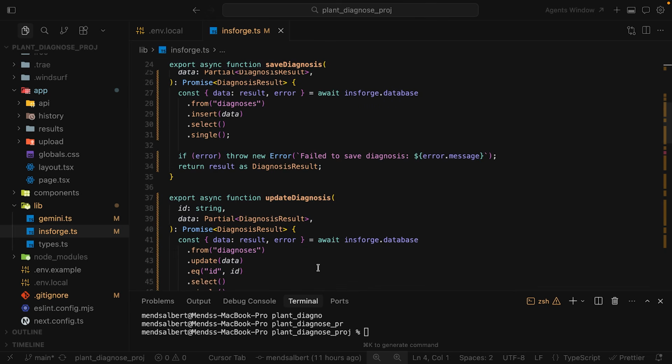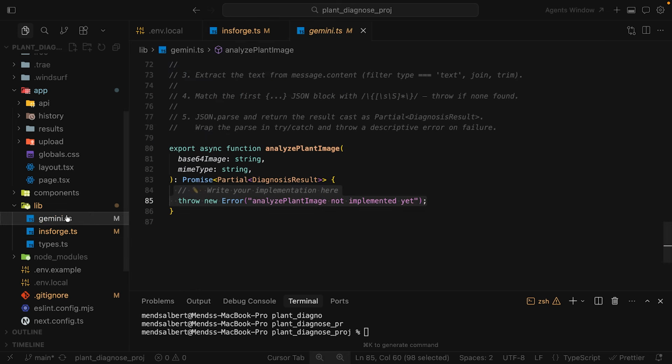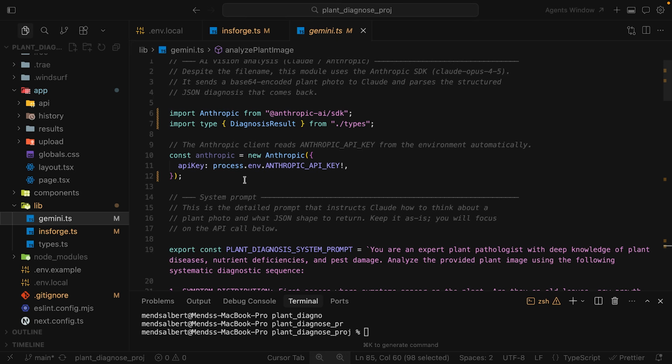Still in lib/insforge.ts, wrapping up save diagnosis and update diagnosis. Both functions are using the same pattern. Target the diagnosis table, change the operation, use select.single to get the affected row back, throw on error, return the results cast as DiagnosisResult. Now switching tabs to